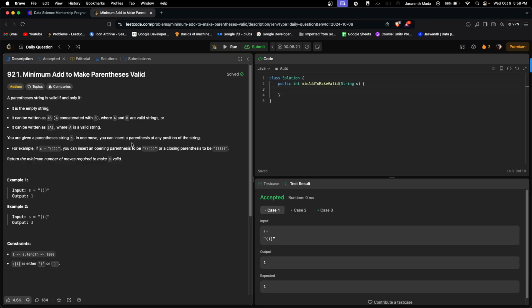which is a daily question on Leetcode. So the name of the question is minimum add to make parenthesis valid. So a parenthesis string is valid if and only if it is an empty string. It can be written as something like this, or it can be written as like this. It's basically nothing but